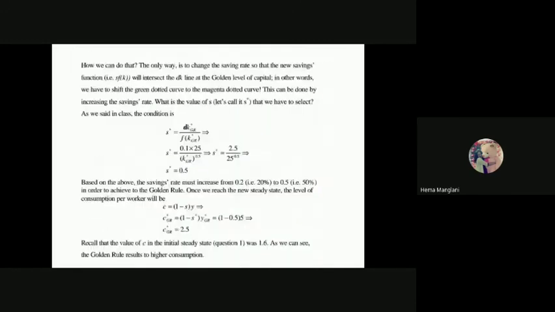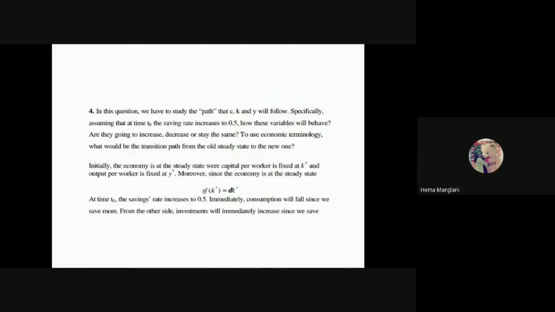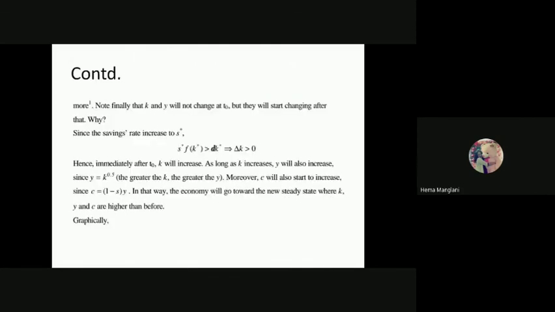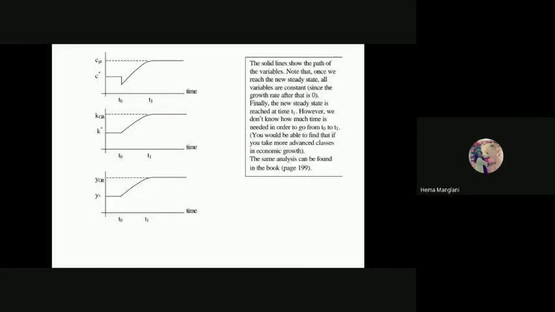So coming to the solution of the fourth, we know this is our function, and we followed this particular equation, that SFK star is greater than DK star. So still your growth is greater than zero. It means your marginal productivity of capital is giving you more output, more consumption, and more income. So the C star is rising because C GR is above the C star. The C GR value is 2.5, and the C star value is 1.6.